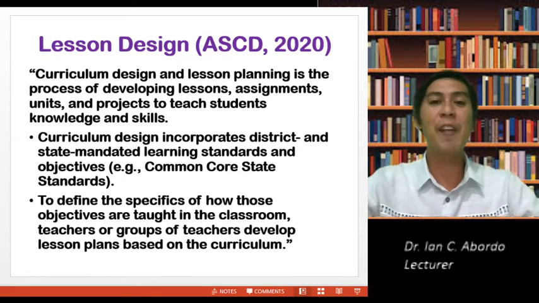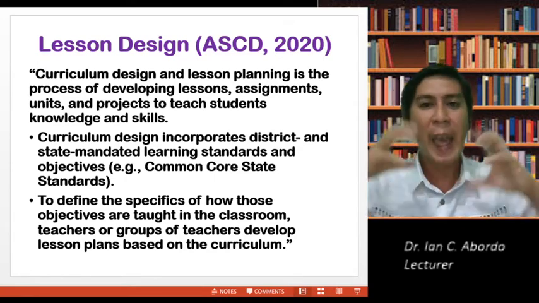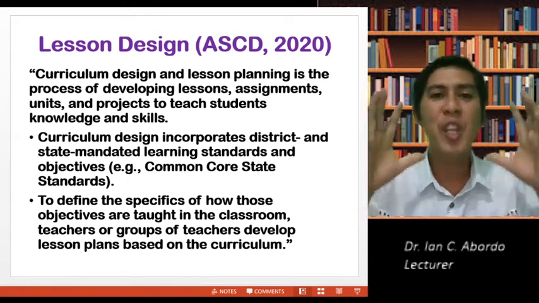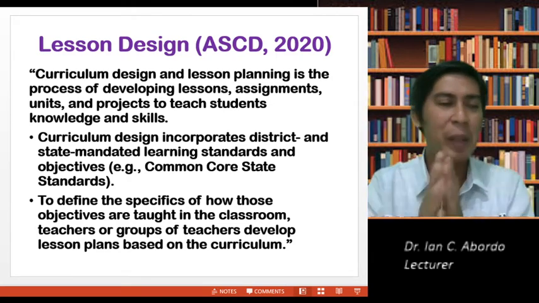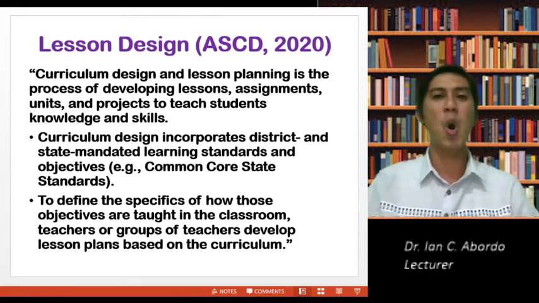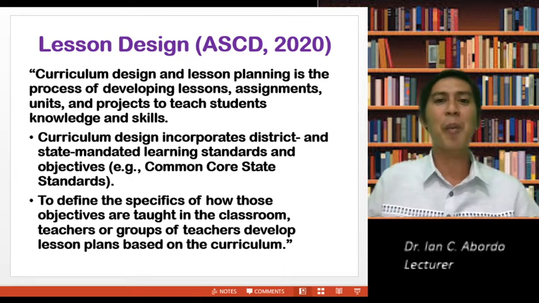In fact, we still have to stretch content, add more, because we are just meeting the minimum standards if we are basing it on government. Many have said we will just implement the MELC, we'll just follow the MELC. Oh, that's a problem.